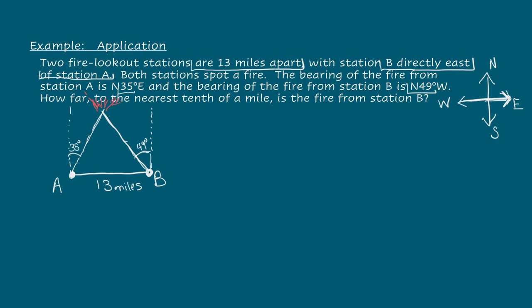All right. So we have a fire here. So let's call this C up here, because we have A, we have B. So this must be C. The fire is at C. All right. So essentially what we're going to try to figure out is how far is the fire from station B. So we're trying to figure out this distance